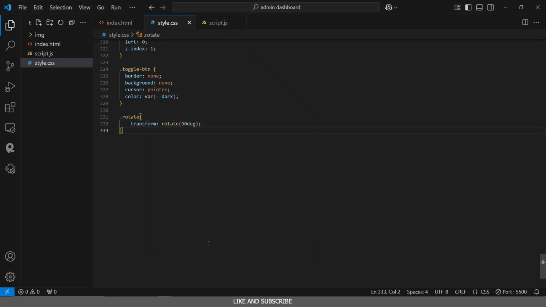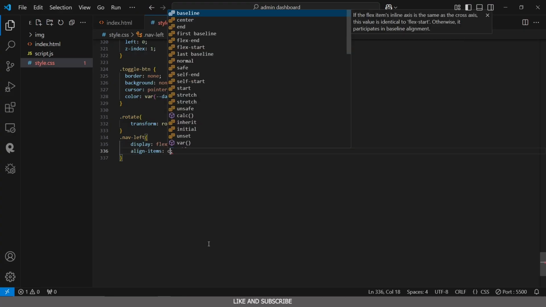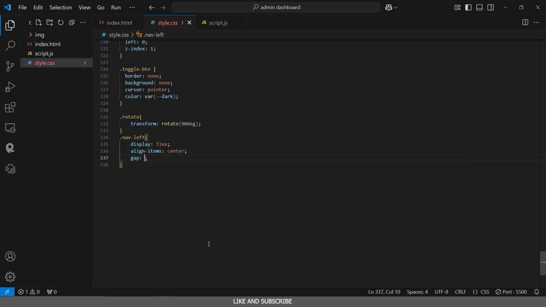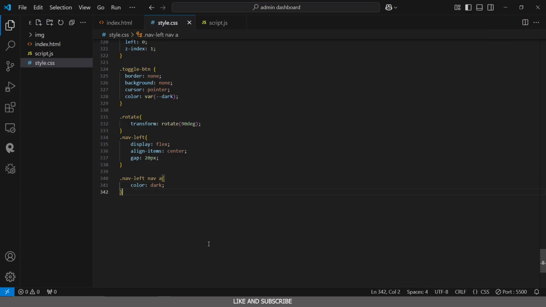So next, I will style the nav left, which is the left side of our nav bar. I will say display. The display here is going to be flex, and we need align items. It's going to be center, and we need gap next. The gap here is going to be 20px. And next, we're going to add the dot nav left class and target the nav and the anchor tag directly with it. Here we set the color to dark, and next we need the nav links